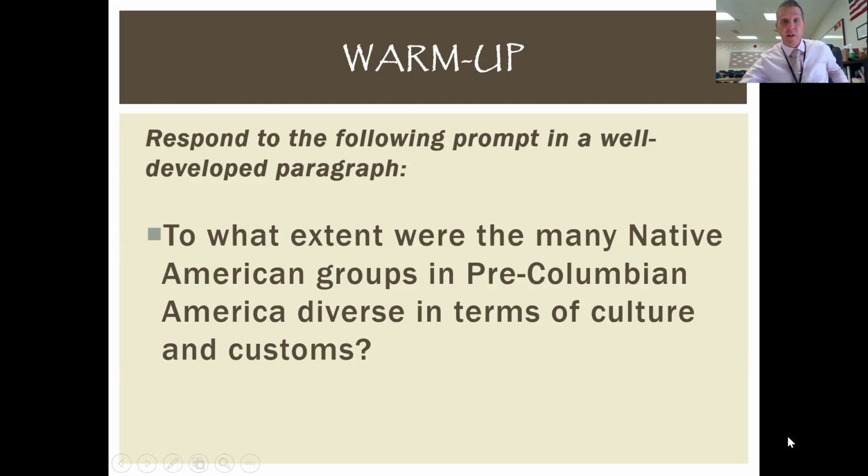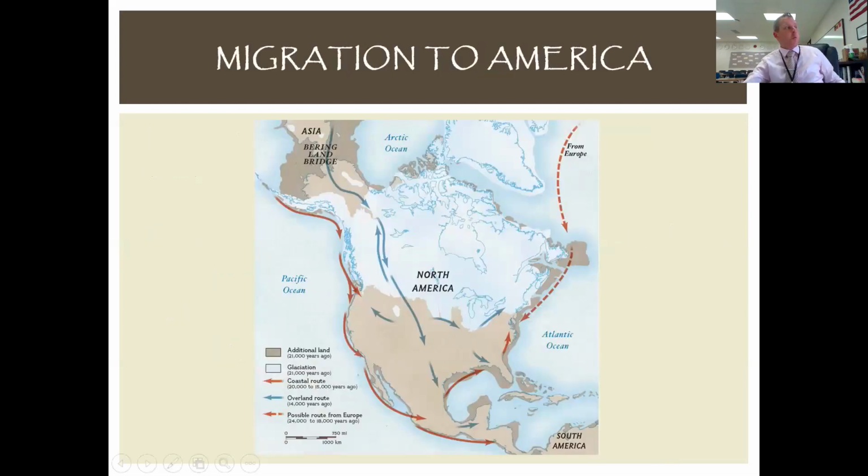Okay. This very well could be an essay prompt, by the way. So we're going to take this and set it aside for now, and we're going to revisit that in just a few minutes towards the end of this lesson. We're going to talk a little bit more about these Native American groups first off. If we want to go all the way back, which is probably where this should all start, we have to talk about where natives likely or probably first came into the Americas.